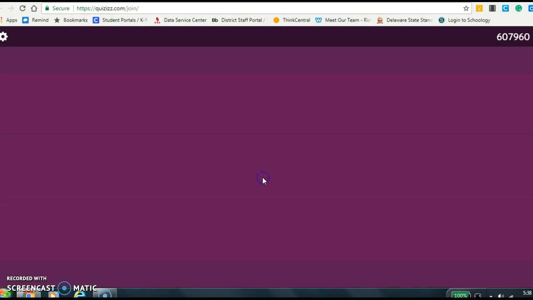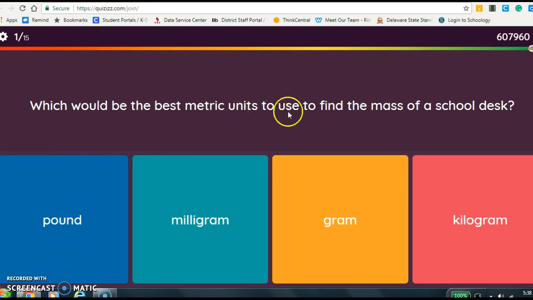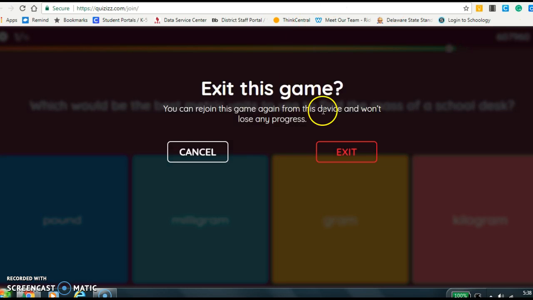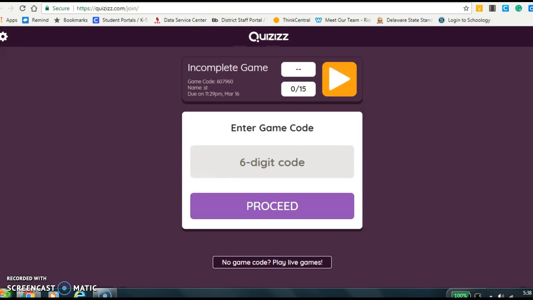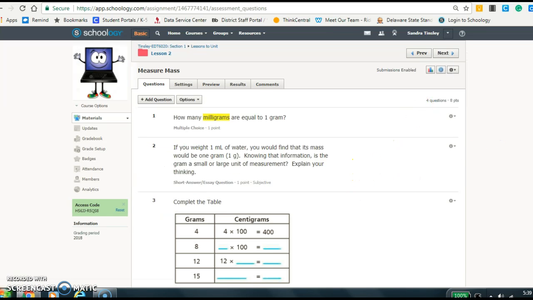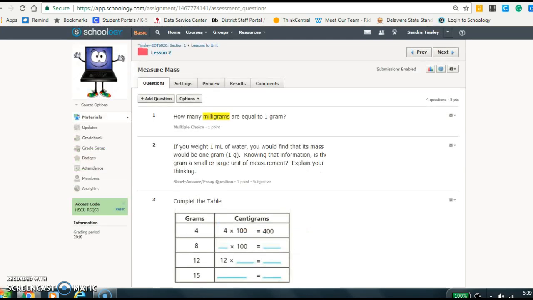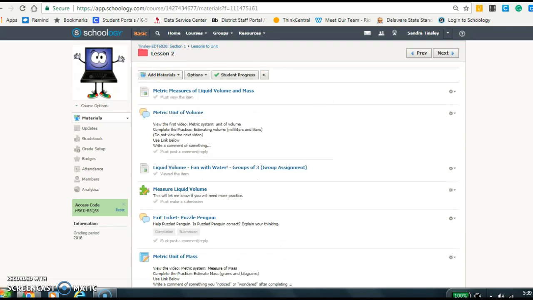This should be fun. It's got questions for them to answer, and they seem to really like quizzes as a game, like which would be the best metric unit to use to find the mass of a school desk. So once they get out of that and they've played their game, they move right along to an assignment that they work on mass. After they do that, moving right along,